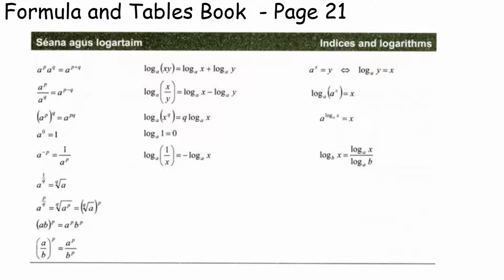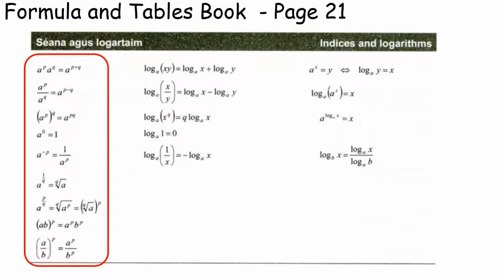So here on page 21, we're going to be focusing on this first column here. And these are all the laws of indices that you've seen at Junior Cert and we're going to use as we move into Leaving Cert. So the good news is there's no new laws that have been added in. The work that we're going to do is slightly more challenging than what you would have seen at Junior Cert, but it will stay relatively the same. So for the indices work, knowing that there's nothing really new coming along means you can really focus on revising